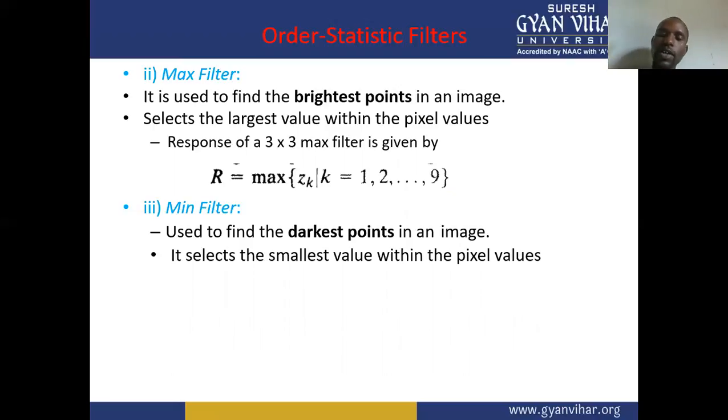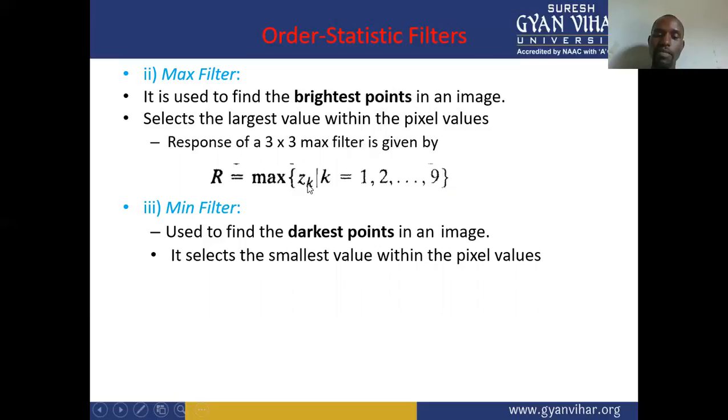So the max filter is basically used to find the brightest point in an image. Now, a digital image can have two sections: brighter points as well as darker points. When we want to find the brighter points, we use the max filter. So how do we do it? We select the largest value within the pixel values. The response of a 3 by 3 filter is given by R, the response, which is given by the maximum value within that filter,